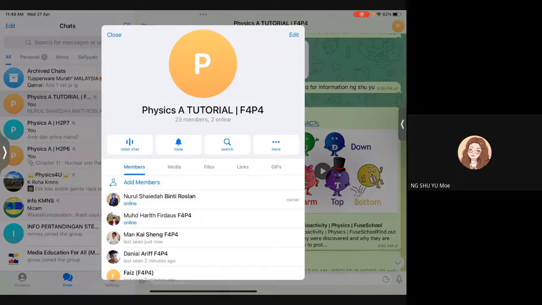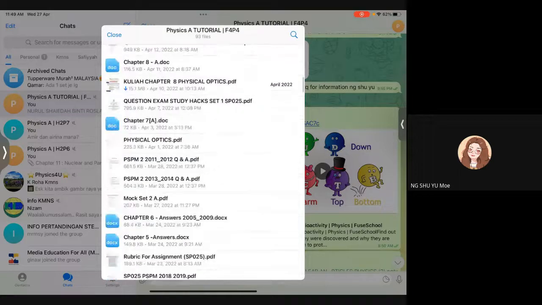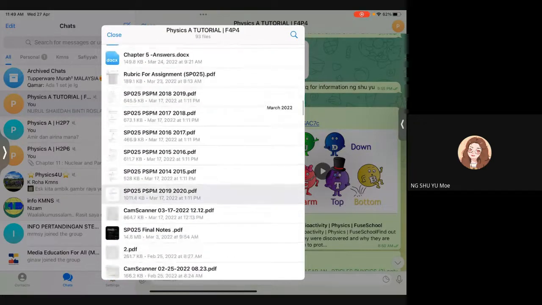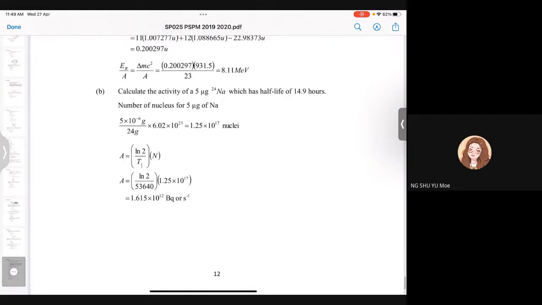Semua dah ada dalam ni, awak jangan cakap tak tahu. 2019. Ni. So kena tukar dulu sebab kita ada dalam unit gram. So mass bahagi molar mass lah. Your molar mass is 24 ni. Ni 24 ni molar mass you. So darab dengan number Avogadro, so you get the number of nuclei.